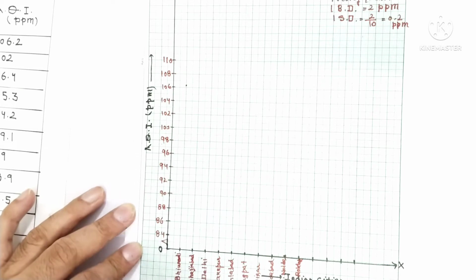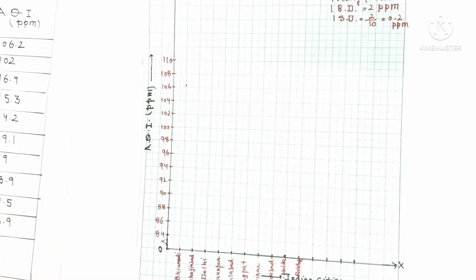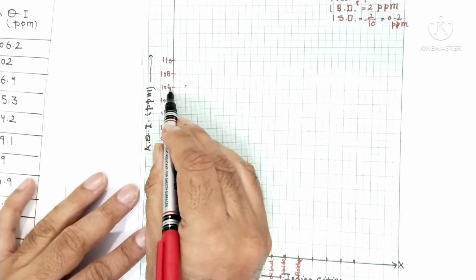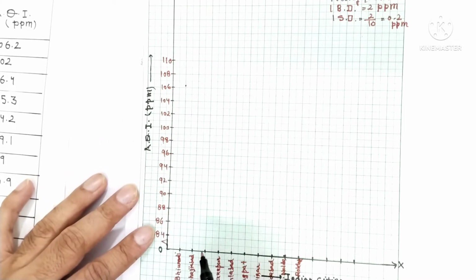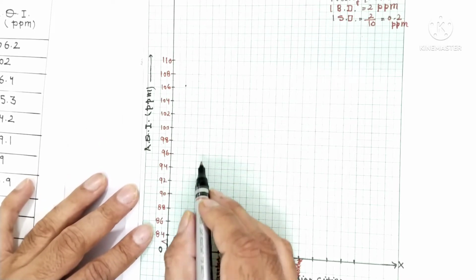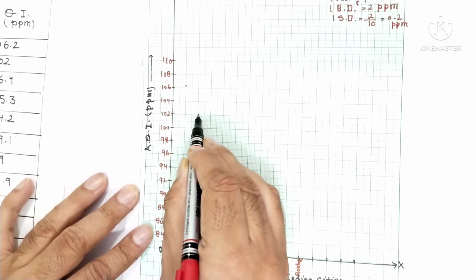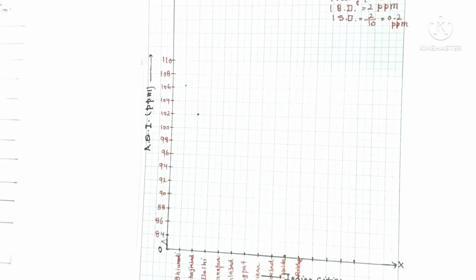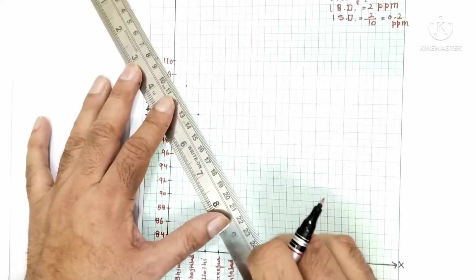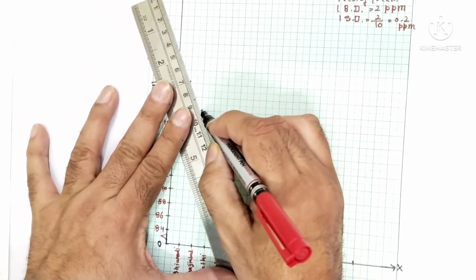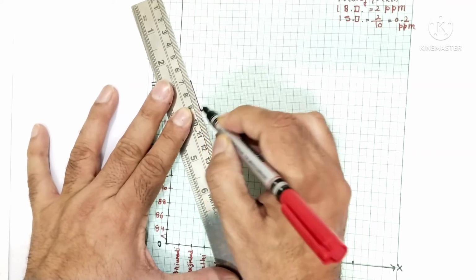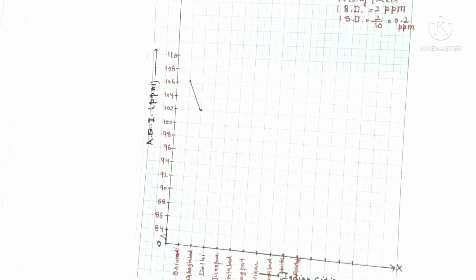So I have marked a dot on 106.2. After 106, the next first division. Ghaziabad is 102. This is Ghaziabad. So where is written 102? This one. And preferably keep on joining side by side so that later on you do not forget which dot you have taken first. So we have joined two.